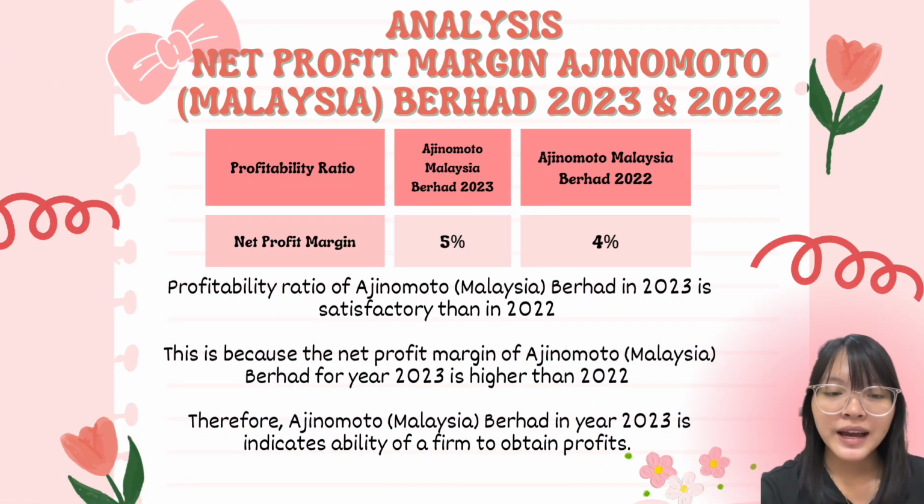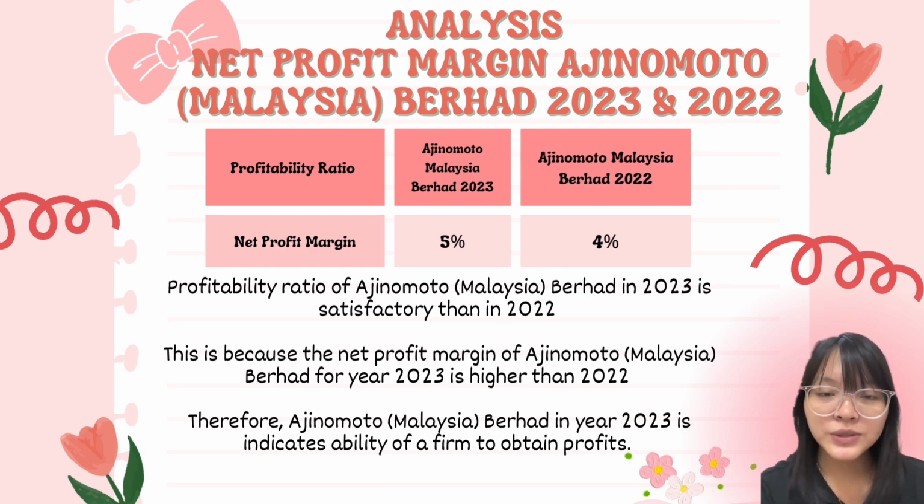And finally, after all the calculation for net profit margin, Ajinomoto Malaysia Berhad 2023 and 2022, I made a table here so it's much more clear which one is the highest and which one is the lowest. We found out that profitability ratio of Ajinomoto Malaysia Berhad in 2023 is satisfactory than in 2022. This is because the net profit margin of Ajinomoto Malaysia Berhad for the year 2023 is higher than 2022. Therefore, Ajinomoto Malaysia Berhad in the year of 2023 indicates ability of a firm